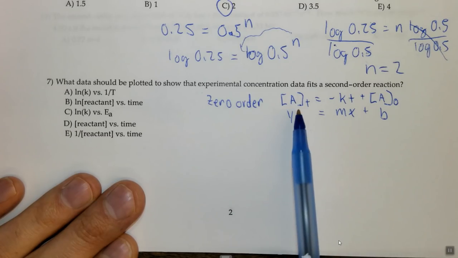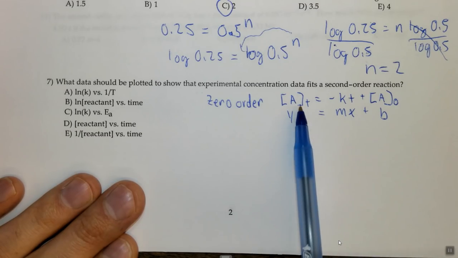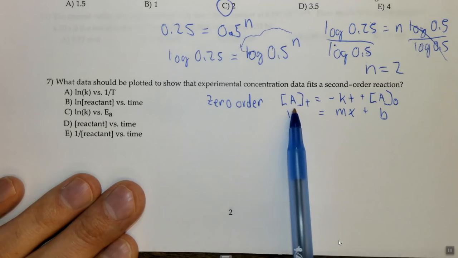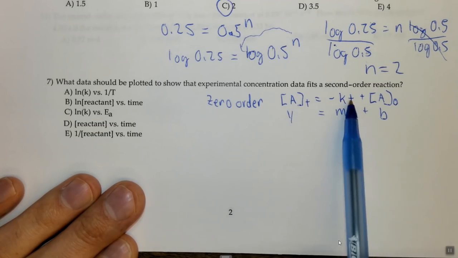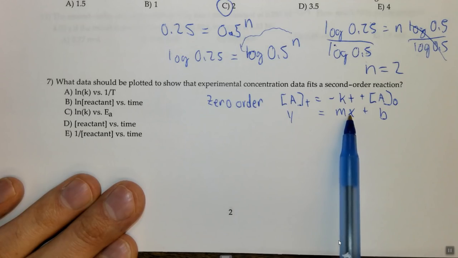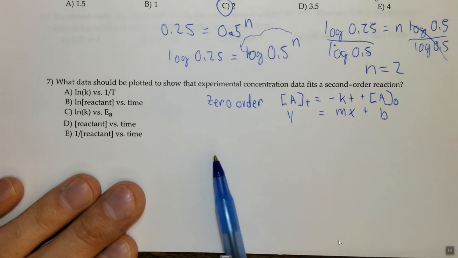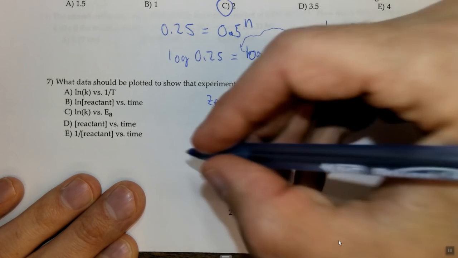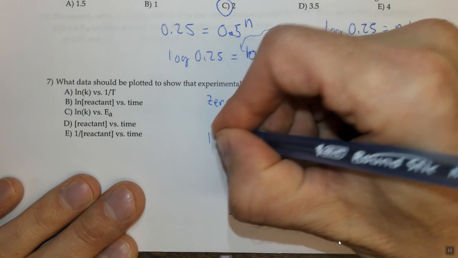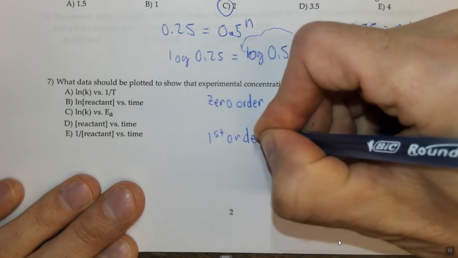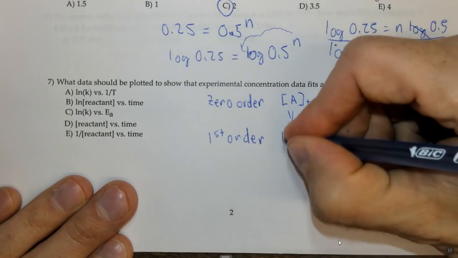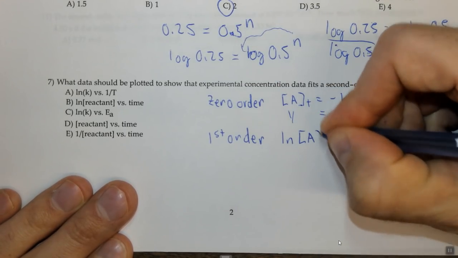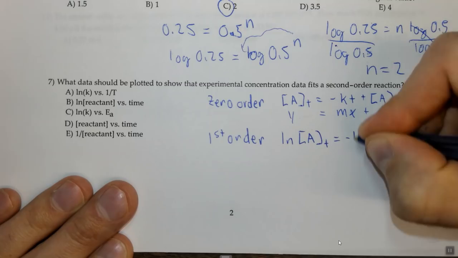So the concentration of the reactant, A in this case, would be the y value, and t would be the x value. So that's what we would want to graph if we wanted to see if it's a zero order reaction. For a first order, the integrated rate law is ln of the concentration of A at some time equals negative kt